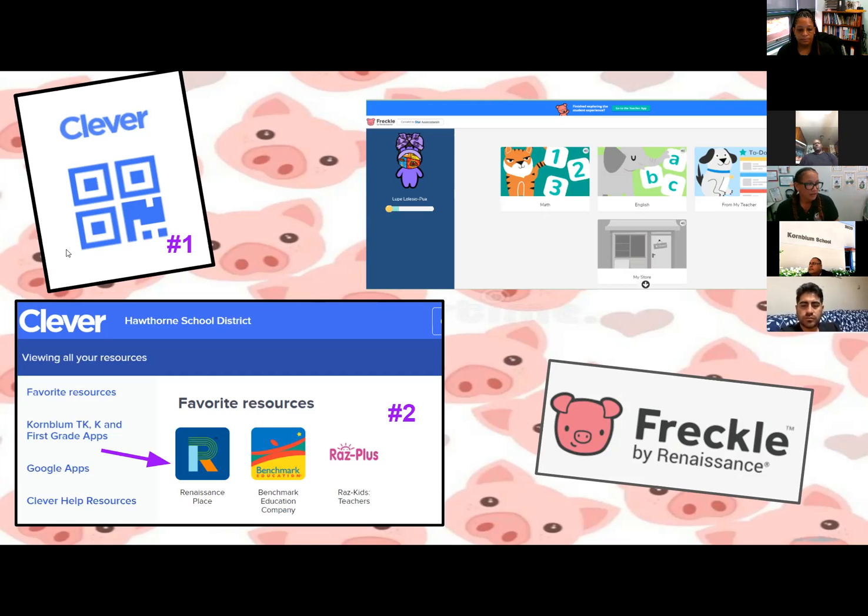So again, I'm going to show you how to get there and a little bit of what it looks like, and then we'll jump in. So again, you're going to go through Clever. It's a little bit different with Freckle, because when we go to Clever, we're going to click on the R. Okay, don't get confused, because on some Clever pages, they do already have the pig there, but don't click there